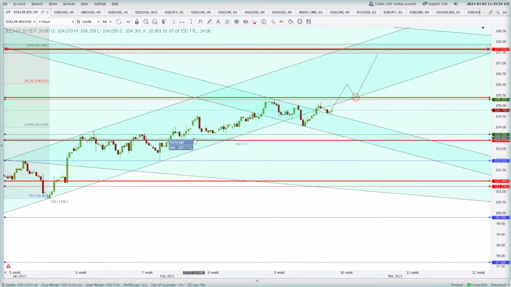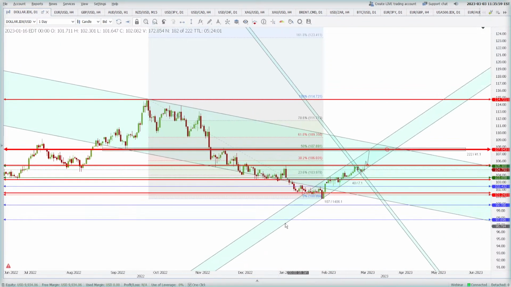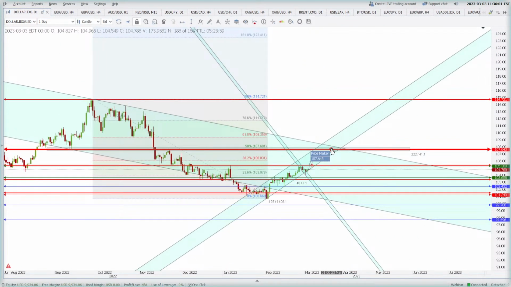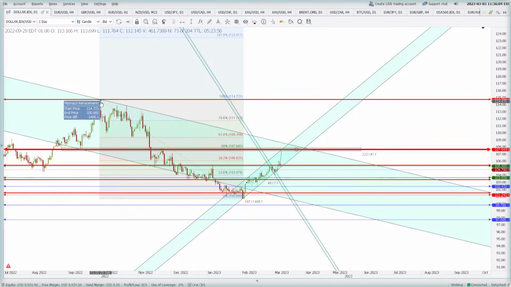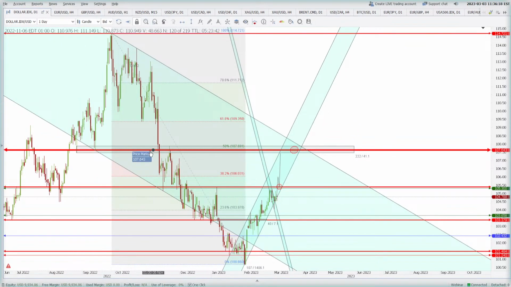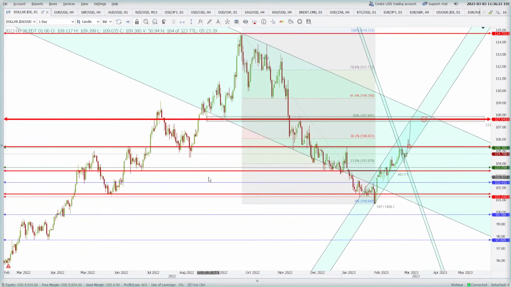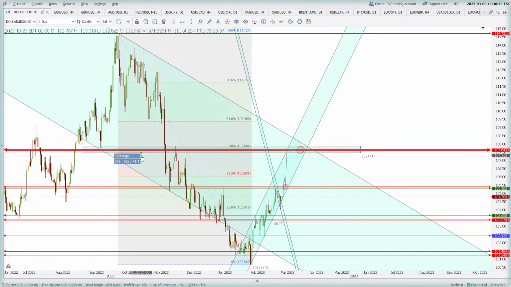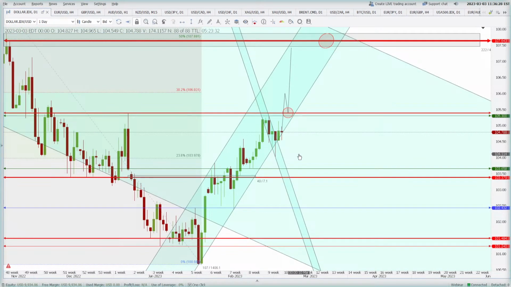Now from the 4-hour perspective it is a buy, but from the daily perspective there is a sell around 107.64. Why is it a sell? Because this fall from 28th of September till 2nd of February, or 1st of February, has a 50% retracement at this level, 107.64. And this perfectly aligns with 107.64, which is the high here, low here, low here. So these three areas have acted as a very good resistance,